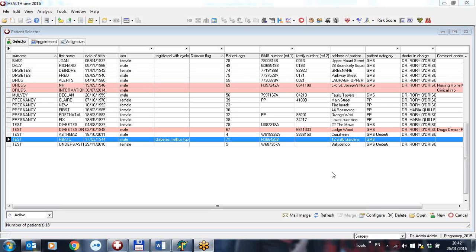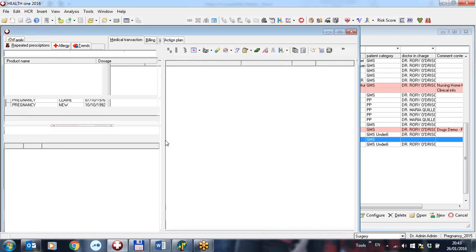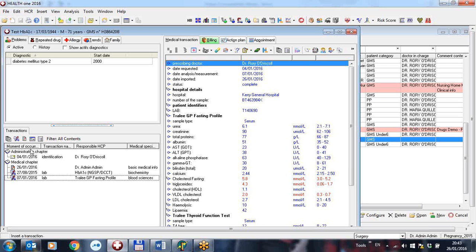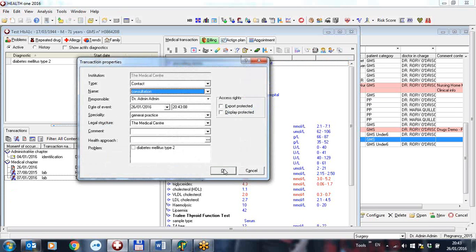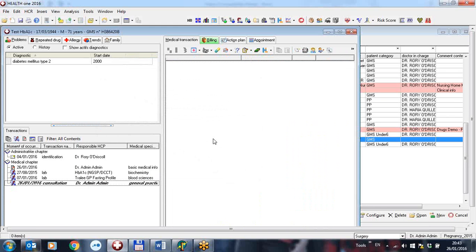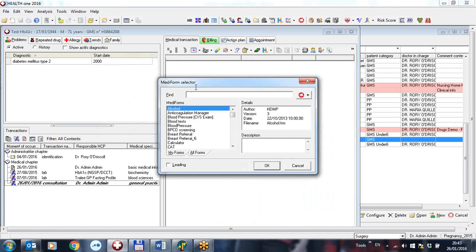This has come to a head recently when people have been complaining that with the new diabetes cycle of care Mediform, the hemoglobin A1C or the cholesterol don't appear on the form even though they have been recorded. So I'm going to open a patient called test HbA1c and I'm going to do a consultation. This patient has diabetes. I'm going to open the diabetes Mediform